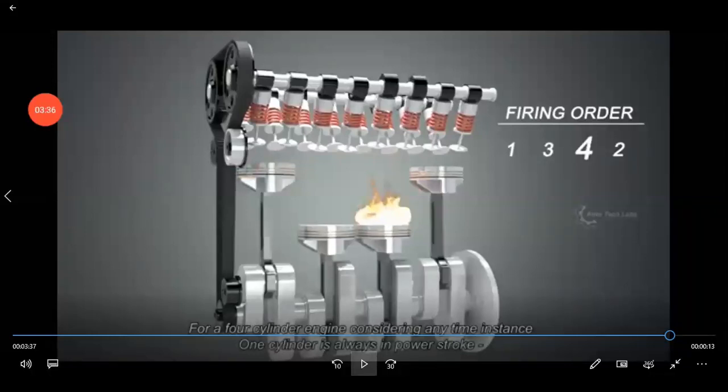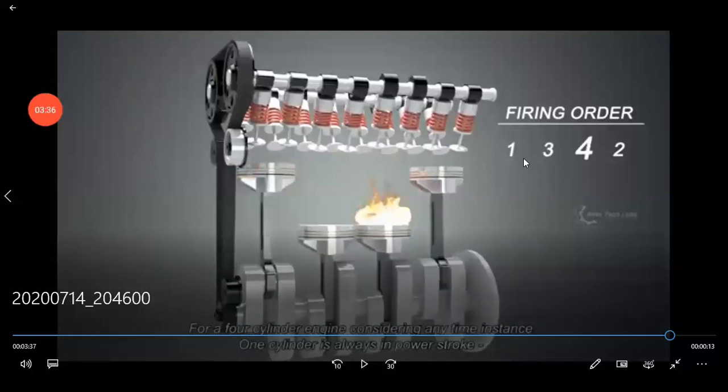So that at each and every second the power is available at the crankshaft and the flywheel. Also to balance the engine, the arrangement is made in such a way that 2 pistons are up, 2 pistons are down, and at a time only one piston is getting the fuel and the power, and the spark plug is getting ignited. So see here the firing order is 1342. This is the first cylinder, this is the second cylinder, third cylinder here, and this corner one is the fourth cylinder.